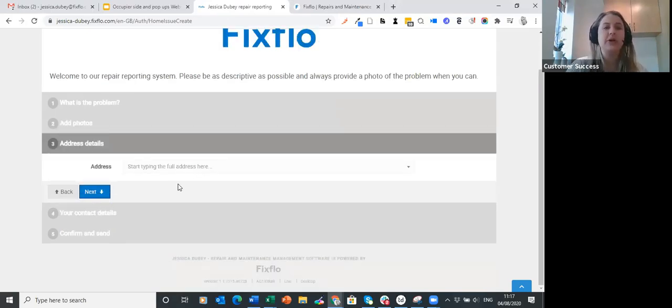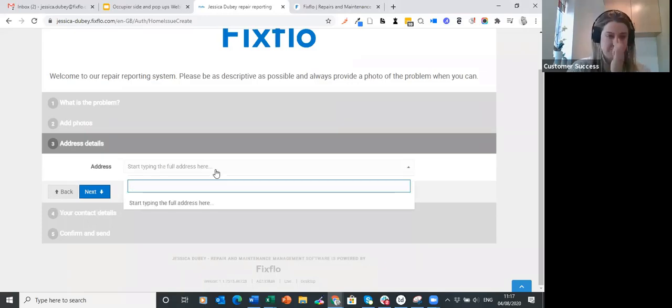Next is step 3, where they must add their address details. When adding their address details, there are different address search options that you can add to your settings if you like. And just to let you know, we will go through the Fixflo settings in another webinar called Best Practice